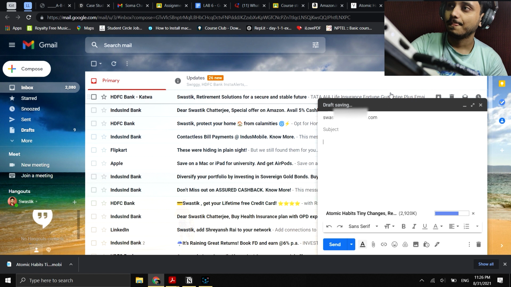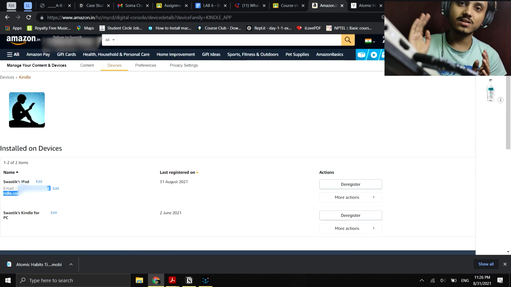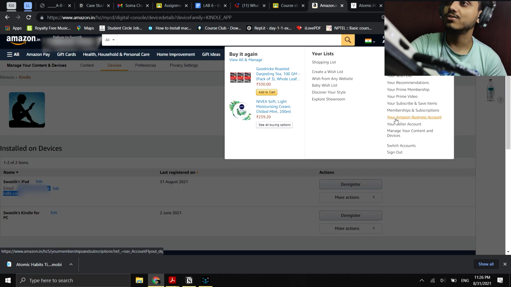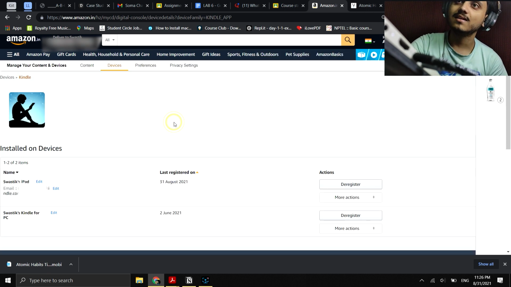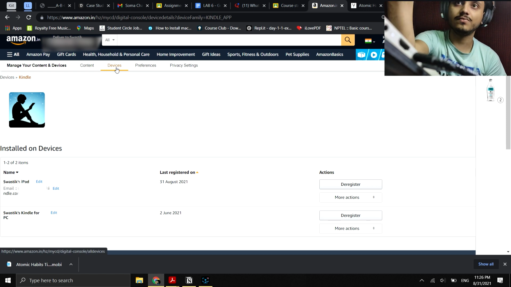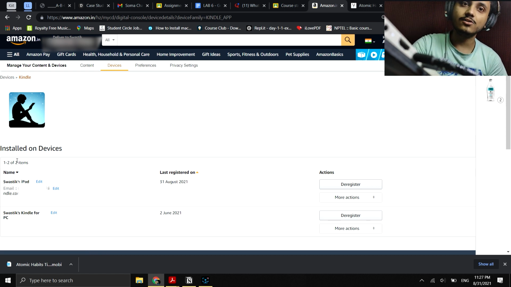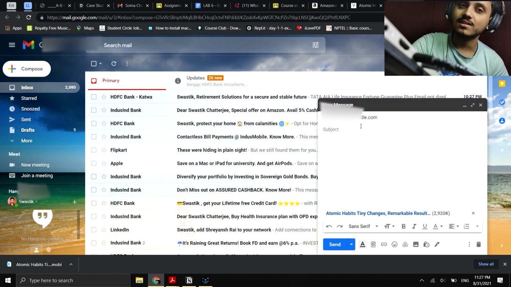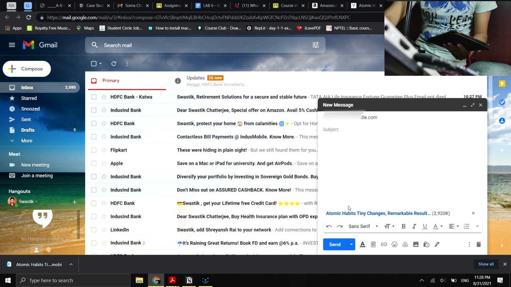So you just need to go to your Amazon web page, and then under the account section go to the manage your content and devices section, and from there select the devices tab from the top of the page over here, and then you will need to identify your device. As you can see, I previously identified it, and then copy the particular email address of that device, and then go to Gmail, and in the to section just paste that email address, and then add the book as an attachment, and then you will just have to send it. That's all. Now you will just have to send the mail.